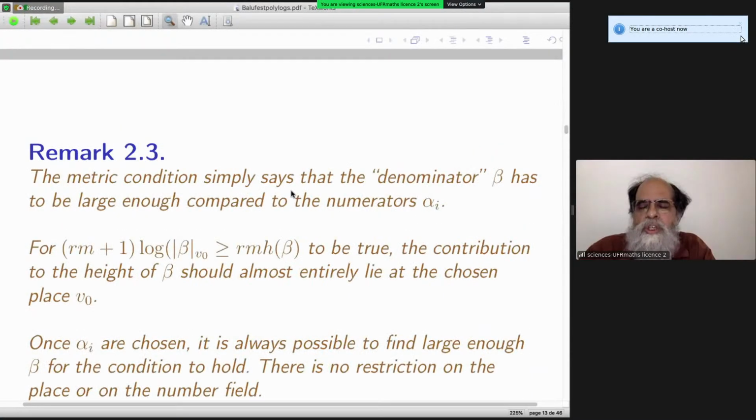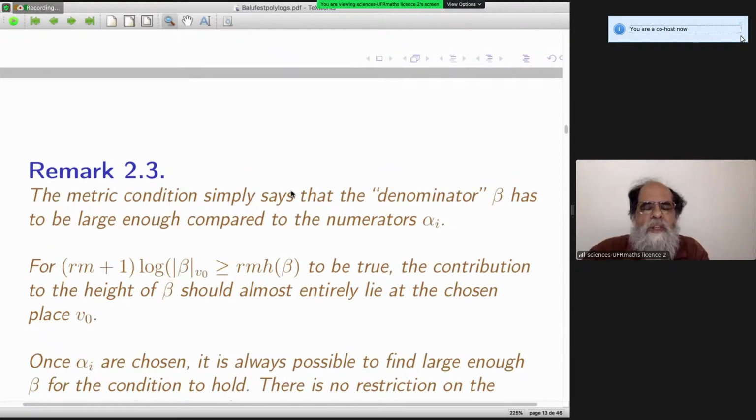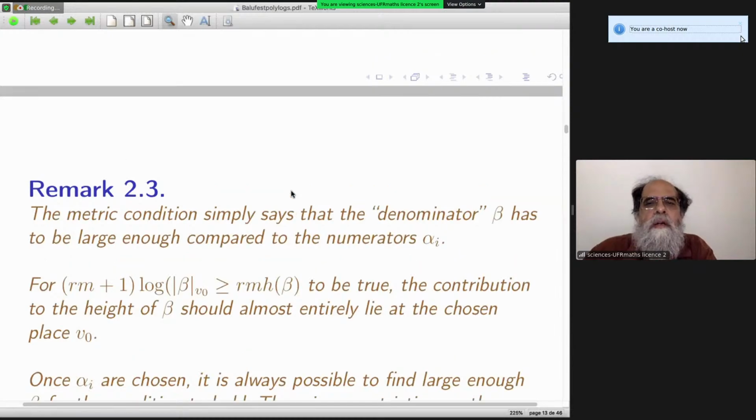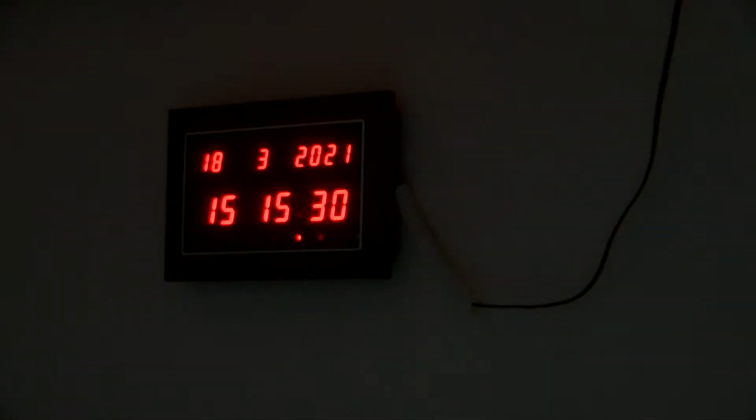Okay, and there is something that I would like to mention, which is that this time we have no restriction on the number field. So this is the main difference with the previous results, where the field was restricted to be an imaginary quadratic number field. And yeah, there is maybe one naive question that you might ask, which is that this